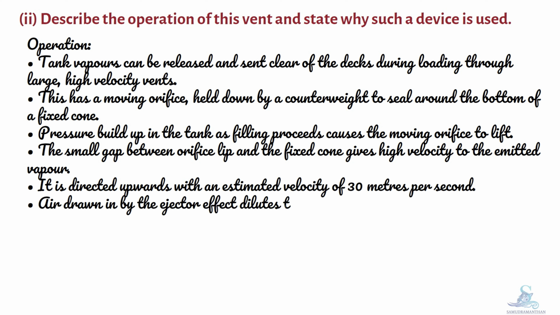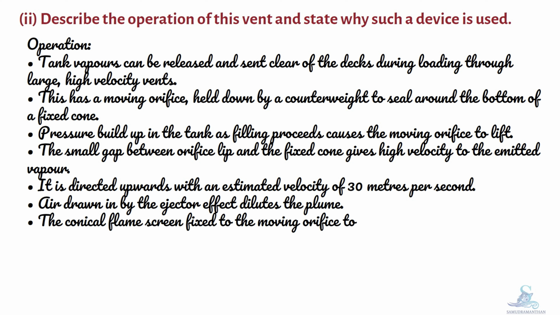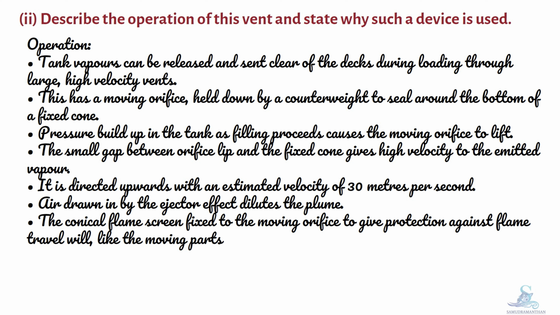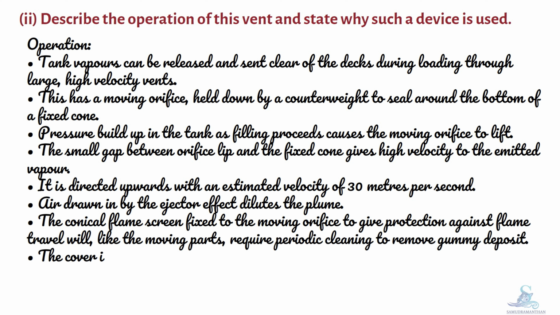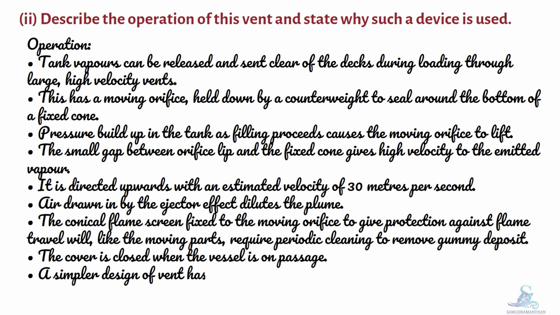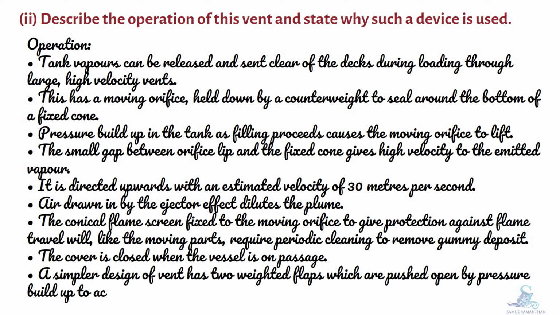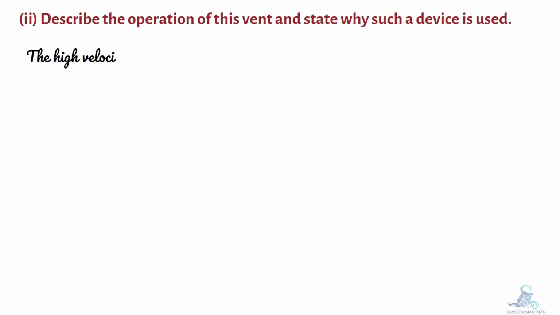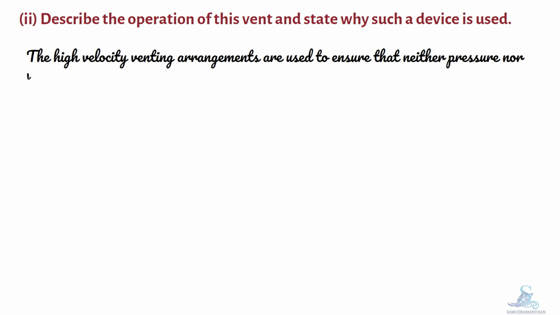Air drawn in by the ejector effect dilutes the plume. The conical flame screen fixed to the moving orifice to give protection against flame travel will, like the moving parts, require periodic cleaning to remove gummy deposit. The cover is closed when the vessel is on passage. A simpler design of vent has two weighted flaps which are pushed open by pressure build-up to achieve a similar nozzle effect. The high-velocity venting arrangements are used to ensure that neither pressure nor vacuum in cargo tanks shall exceed design parameters